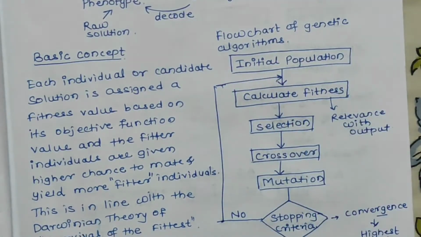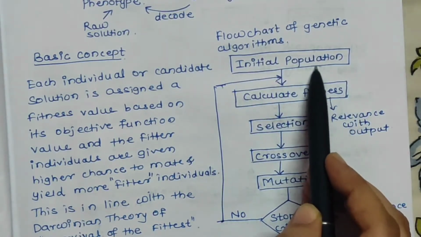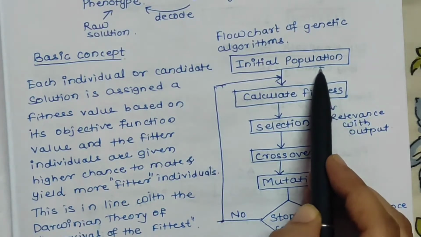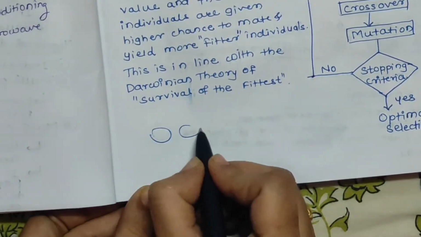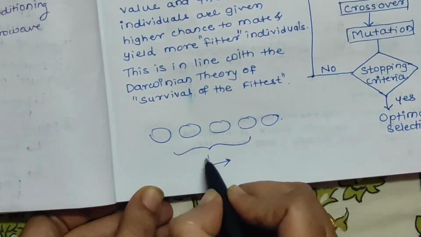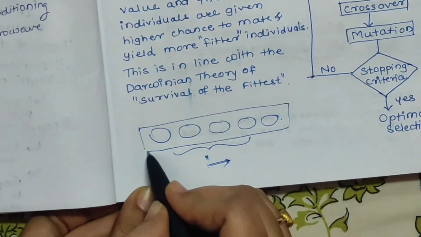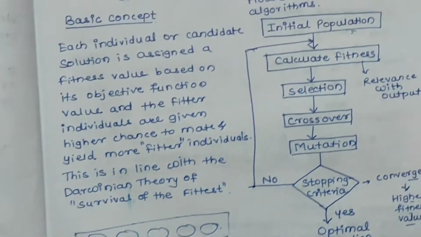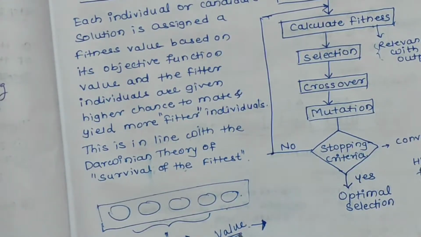Okay, so this is a flowchart of genetic algorithm. First of all, we have some initial population. Now, what is population here? Population is nothing but number of solutions, that I already told you. We have some solutions to a particular problem, but we want the best solution from this one. The set of solutions is called a population. After that, calculate the fitness. Fitness is nothing but a value which decides how optimal the solution is or how good the solution is.